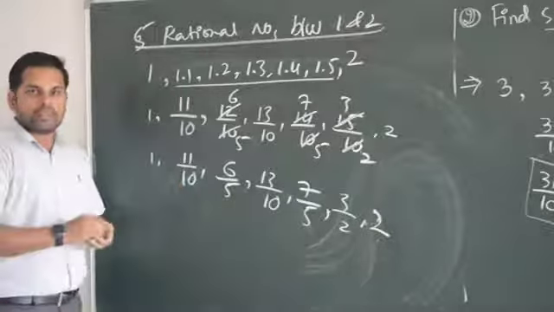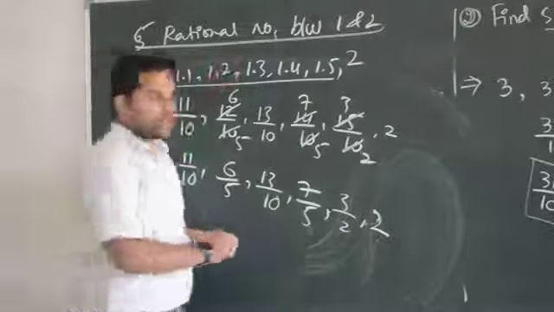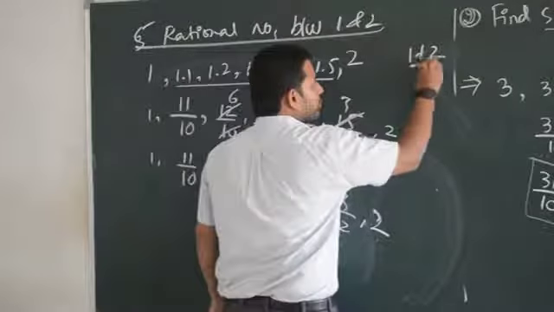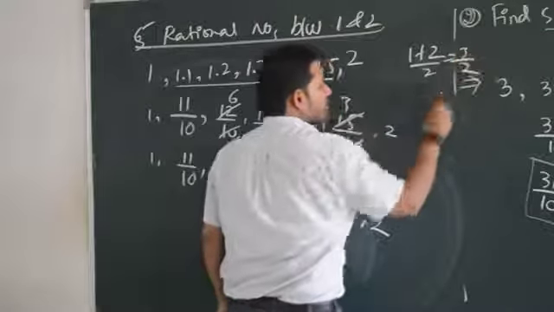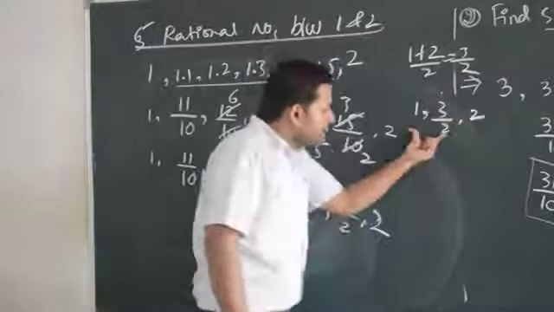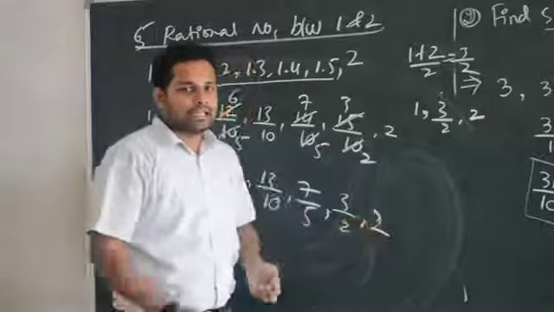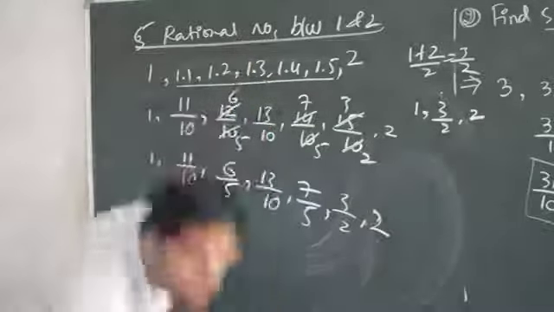Like that you can solve easily. If you go the other way, like 1 plus 2 divided by 2, it becomes 3 by 2. So that is like 1, 3 by 2, 2. Again you have to add these two numbers, then divide by 2. You are going to get another number. That becomes a complicated process, my dear children.